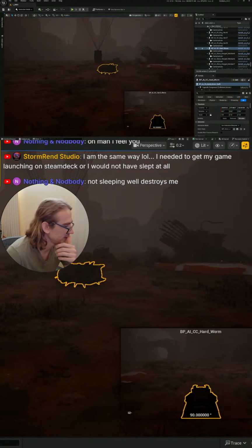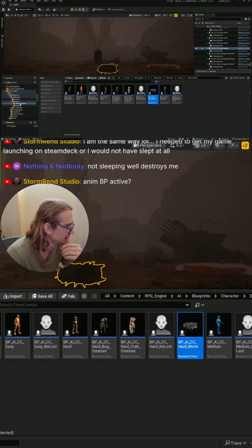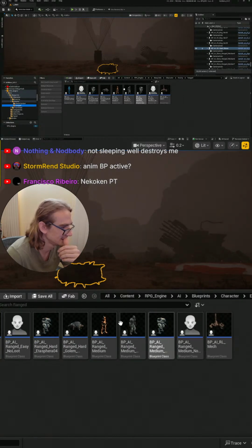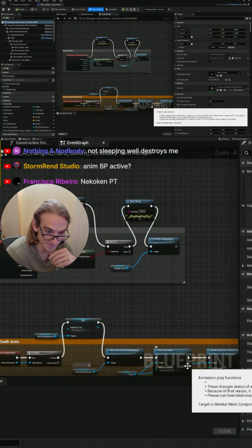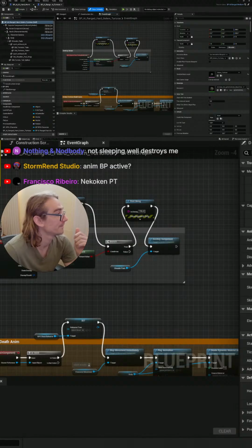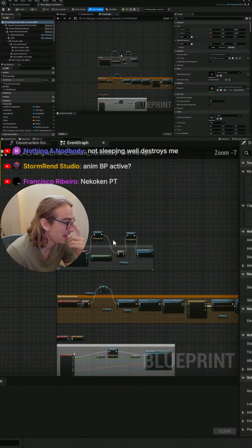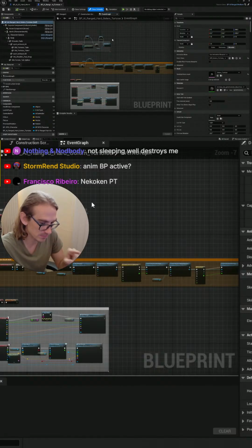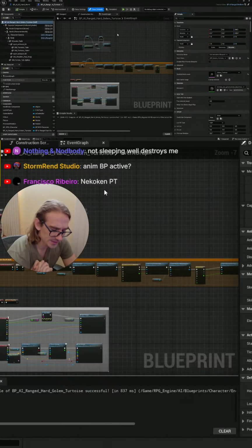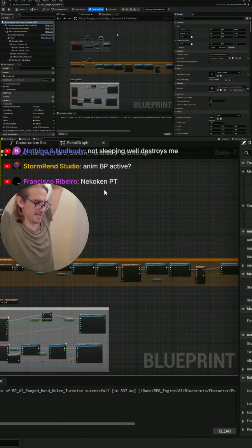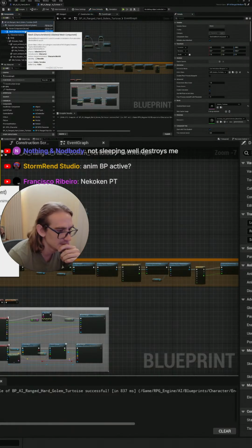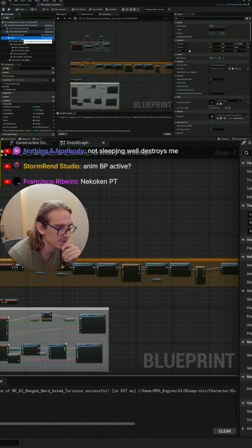Let's keep copying the turtle. I believe it's not triggering that animation blueprint because the behavior trees are not really linked to animation blueprints. But I think I need to go check my turtle and try to see if I can